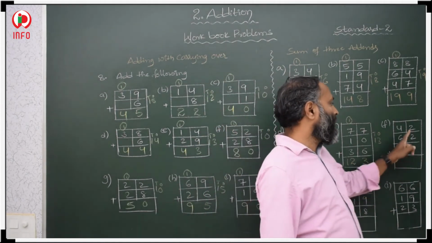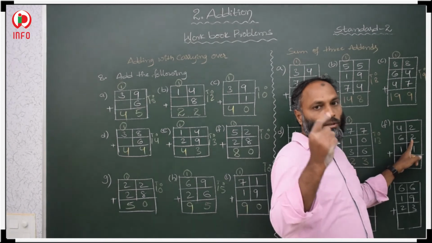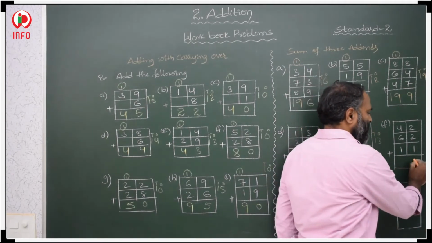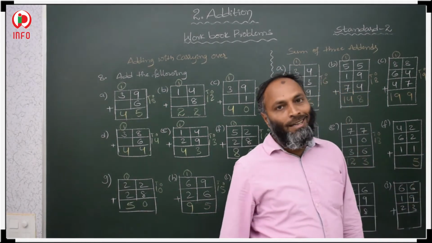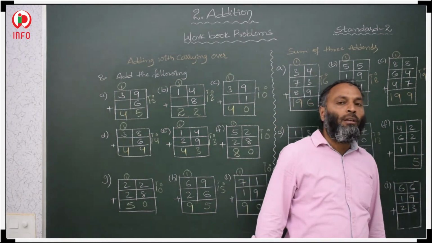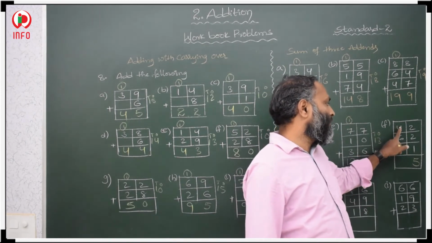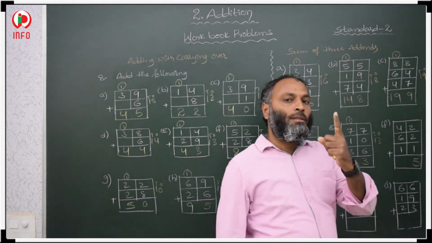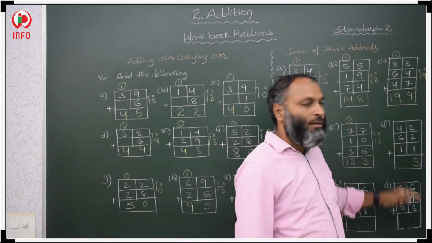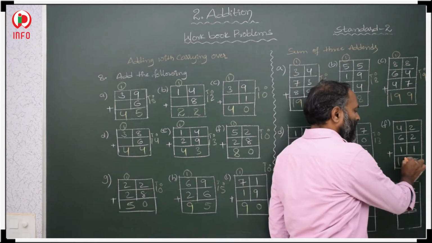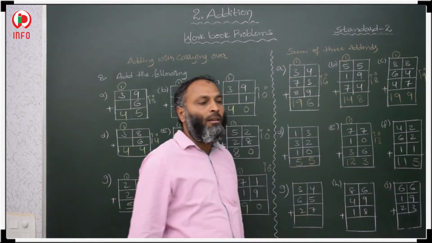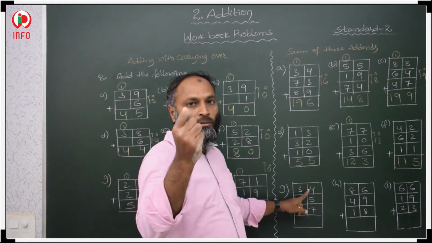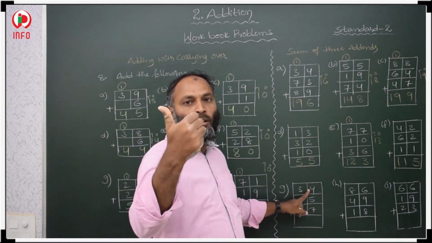Now 2. 2 plus 2, 2, 3, 4. 4 plus 1, 5. 5 is a single digit, no need to regroup. Then 4. 4 plus 6, 4, 5, 6, 7, 8, 9, 10. 10 plus 1, 11. 115. Now 4 plus 5, 4, 5, 6, 7, 8, 9.